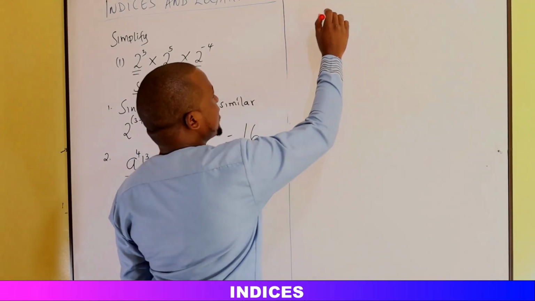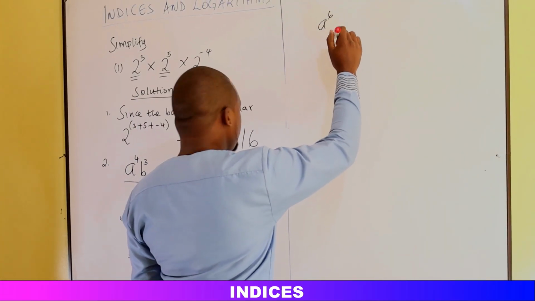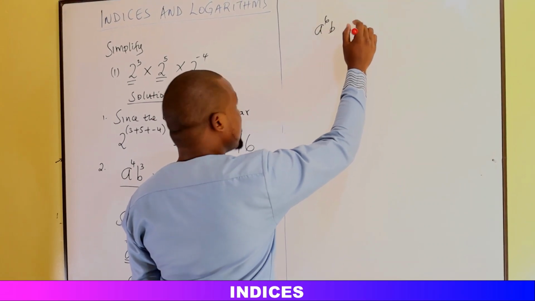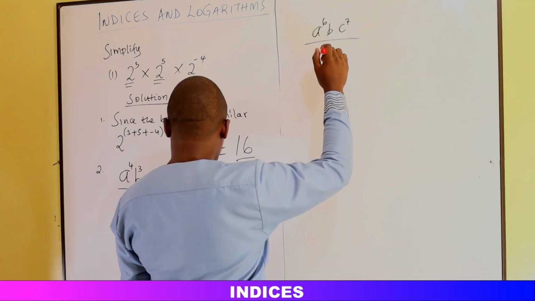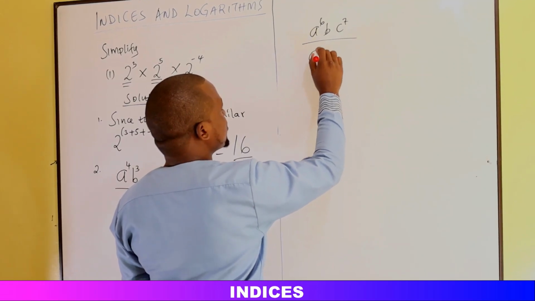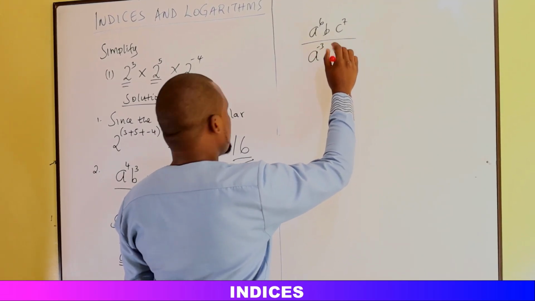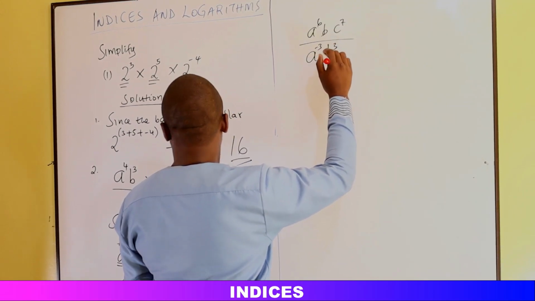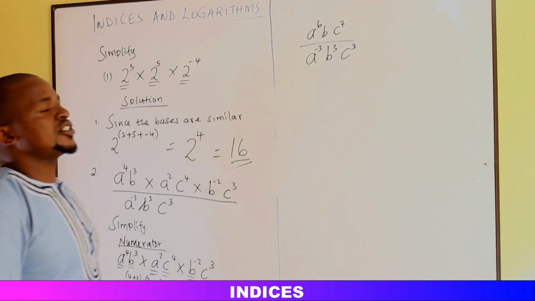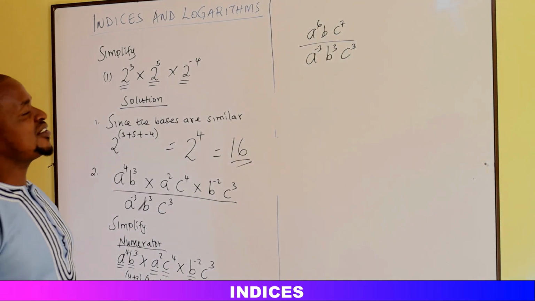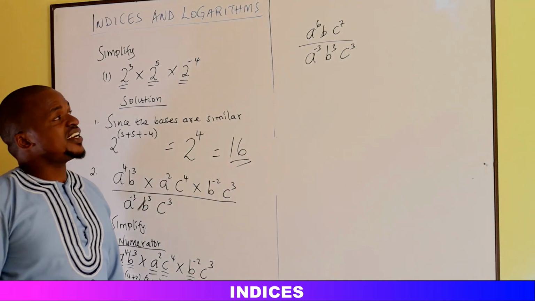So the numerator is a raised to power 6, b raised to power 1, c power 7, over denominator a raised to power negative 3, b raised to power 3, c raised to power 3. According to our laws of indices,